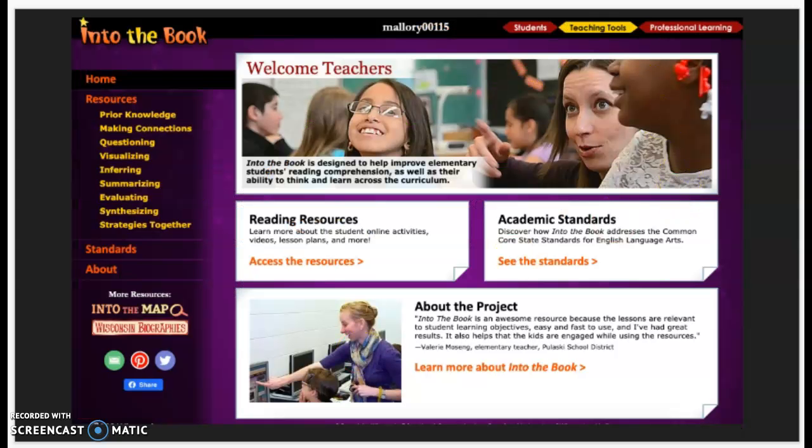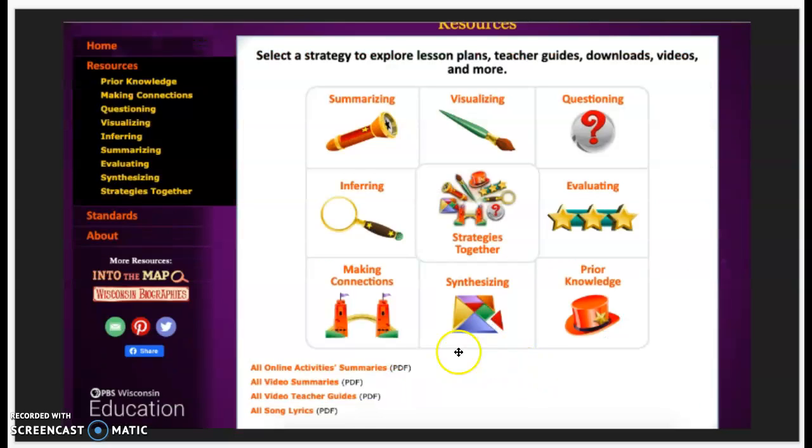So on the teacher's side, once you hit Teaching Tools, this is what you see. Resources for all of those different categories that students are looking at. It also has academic standards and reading resources and projects for teachers to look at. And really, if you click on resources on the side, you can click on each one of these that students are working on in their individual videos